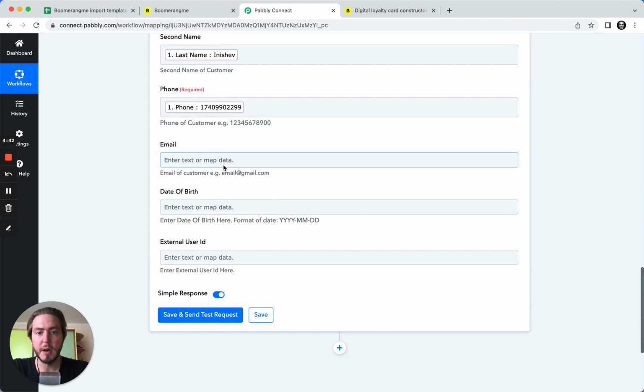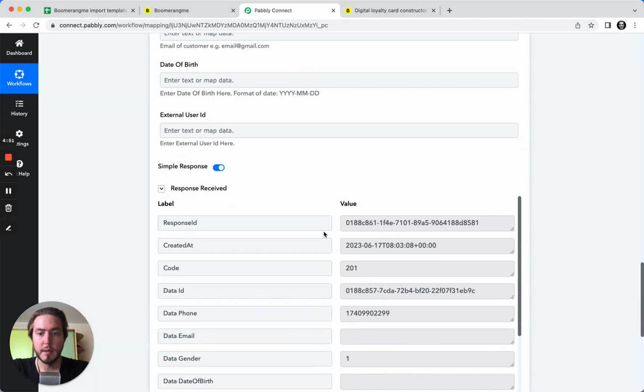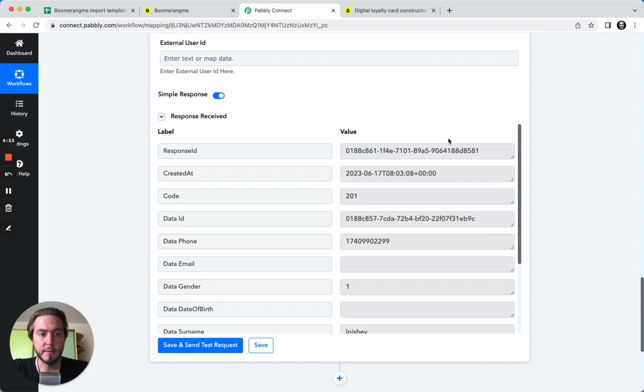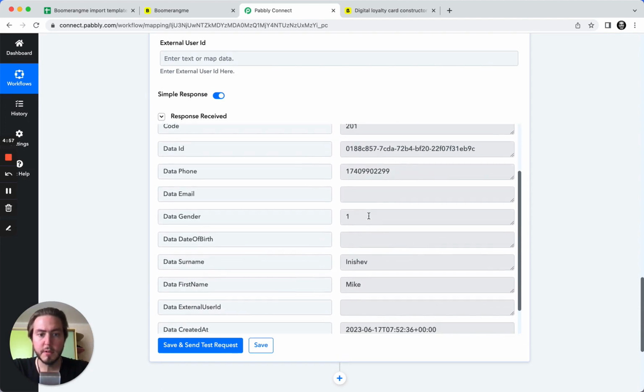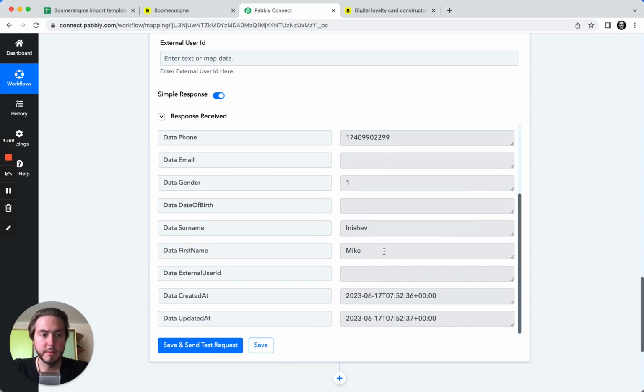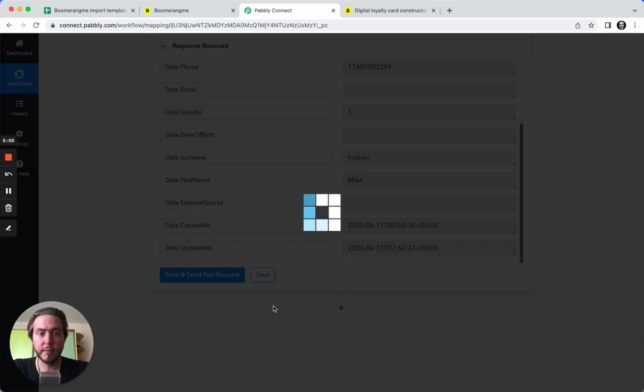You can also map other fields if you want. Save and send test request, and yes, this is the answer from the server. Looks pretty well. All fields filled properly, and we can save this integration.